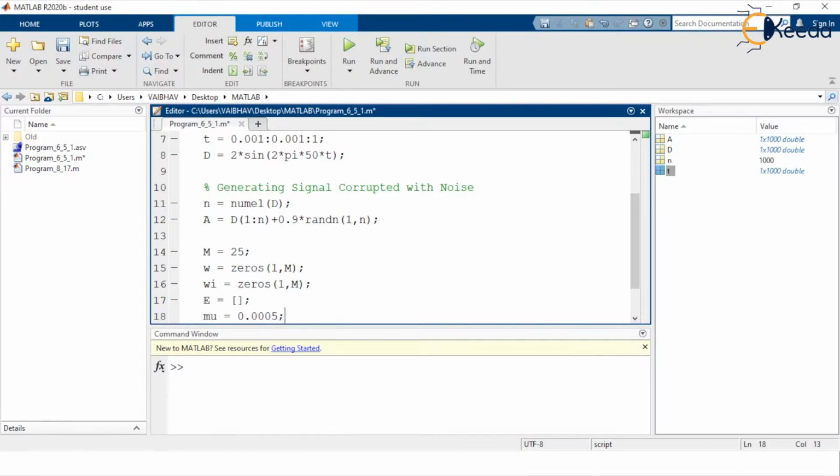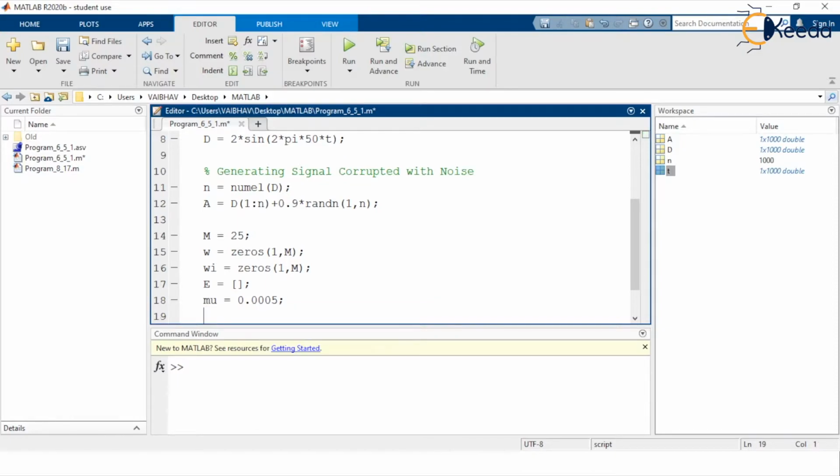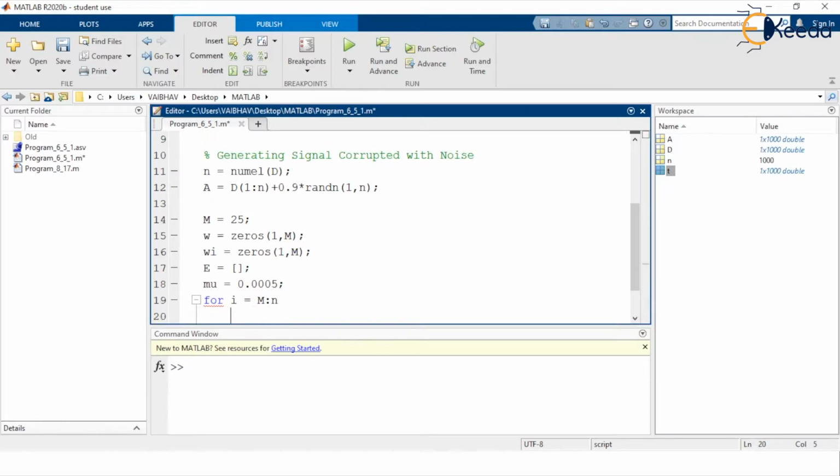Now next, for the update equation of the LMS algorithm that we have seen in the previous video, we take the help of a for loop for iterations. So let us have the for keyword with the index variable i, starting at the value capital M and extending to small n. And capital E was initially empty.